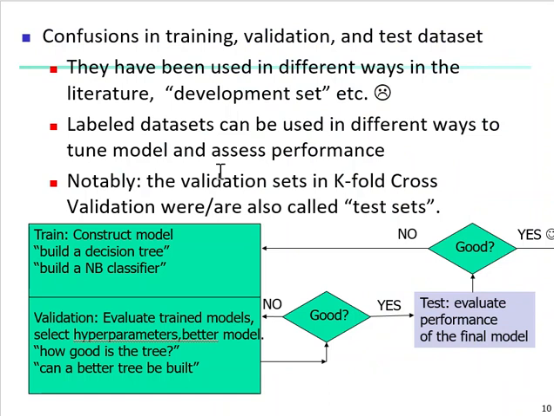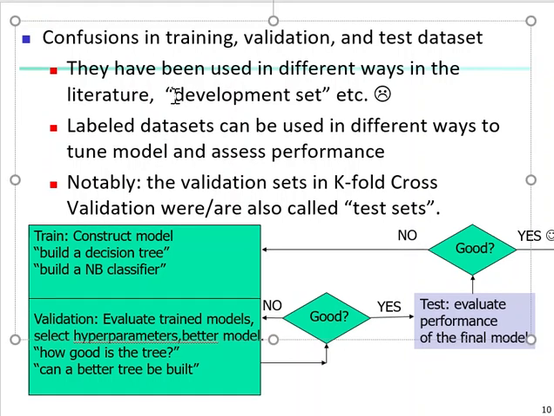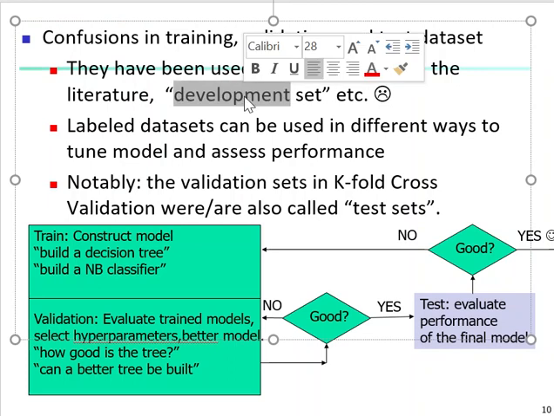So if you read machine learning literature, classification algorithm publications, there might be some confusing phrases used there. For example, I've seen many articles use the term development set. This may be a culture bias, because I see this term a lot in publications with authors from another country. So a development set is part of the training or validation set, separate from the test set.